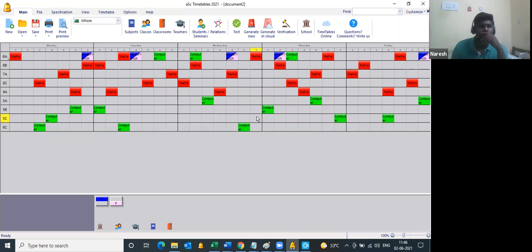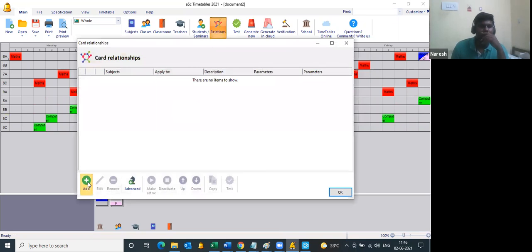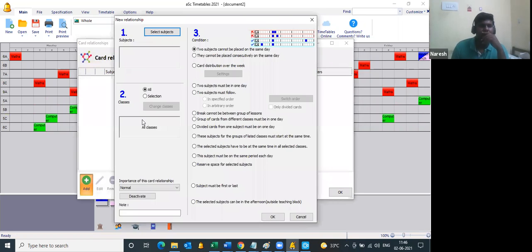Now you need to add a relation. Click on relation, click on add. We add a relation saying the subjects for the groups of the listed class must start at the same time. Because we are grouping the particular class, the subjects Hindi and French for these two groups must start at the same time.